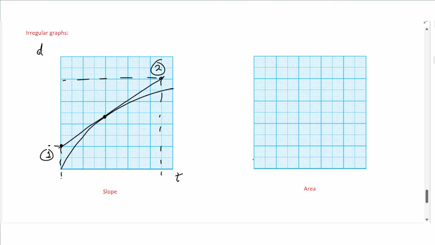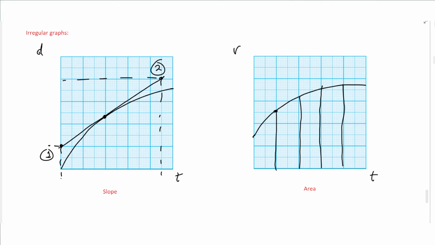Also, if you have an irregularly shaped object or graph and you want to calculate the area under the graph, for example, this is a speed time graph and you want to calculate the area below the graph, you can just divide the graph into vertical sections, equally spaced vertical sections, and consider the line at the top to be straight. For example, this part straight, this part straight, this part straight, and so on. And then you have trapezium